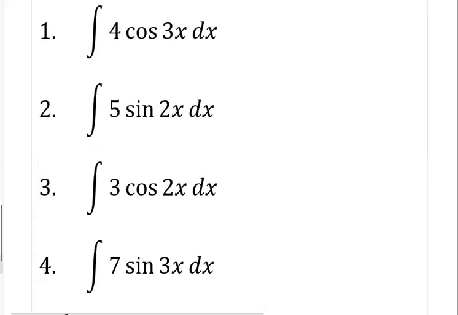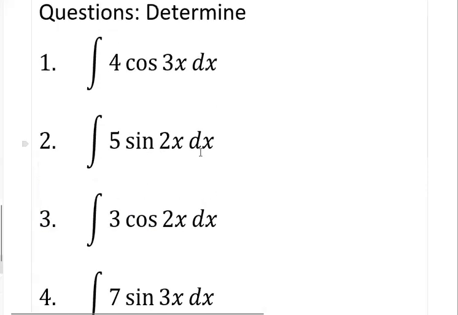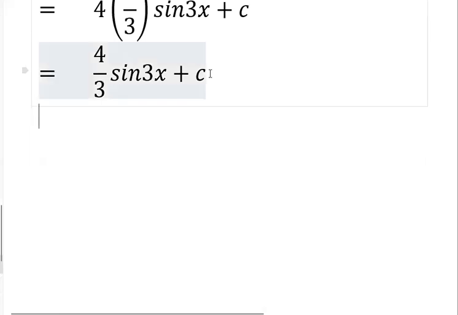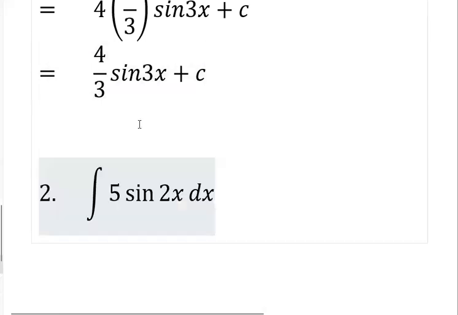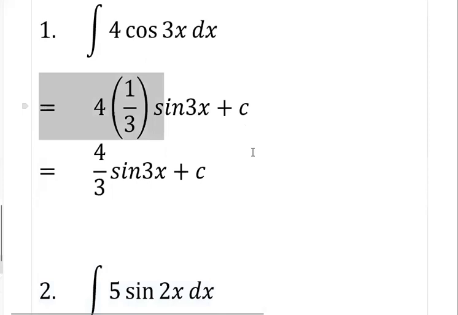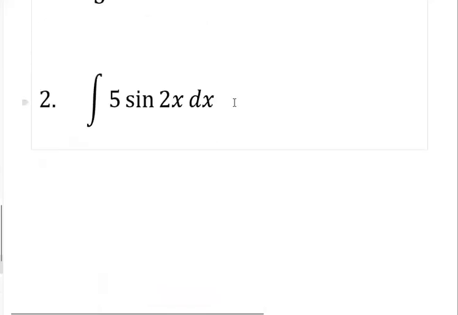So let's go straight to number 2. Very good. So we have to integrate what we have here. So we'll still make use of our standard integral. Let's make use of this template that we have here. It's not going to be the same answer, but we want to make use of the template.